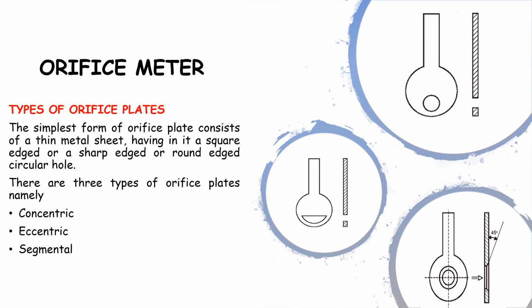You can see it in the diagram. Here the hole is not circular but rather a segment of a concentric circle. Segmental plates are used to measure the flow of light slurries and fluids with a high concentration of solids. The design of the segmental orifice eliminates the damming of foreign matter and provides more complete drainage than the eccentric orifice plate. The segmental orifice is considerably more expensive than the eccentric orifice and has slightly greater uncertainty.